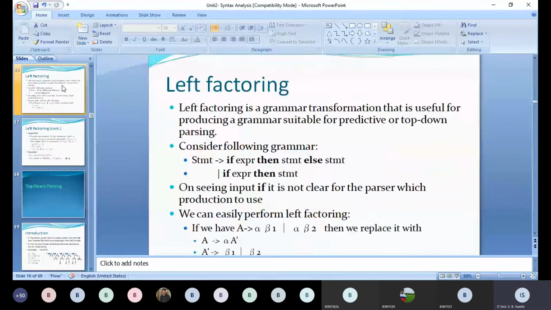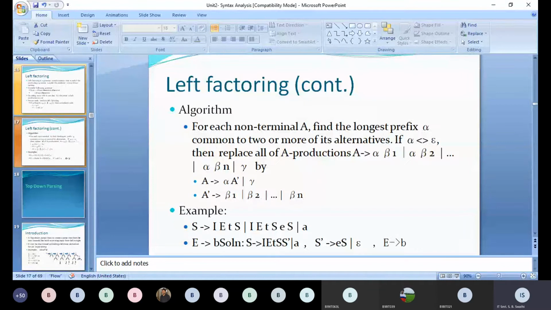These two things should be done before generating the particular terminal. As we have seen, IATS and IATS, these two have a common prefix here. What is uncommon is only ES, the new thing here. So we add a new production only for this ES. The remaining IATS we take as it is, and in the place of ES we replace it with a new production S dash. What is S dash? S dash is ES as well as epsilon. Why? Because in the first expression, there is no production after IATS, which means there is epsilon here.